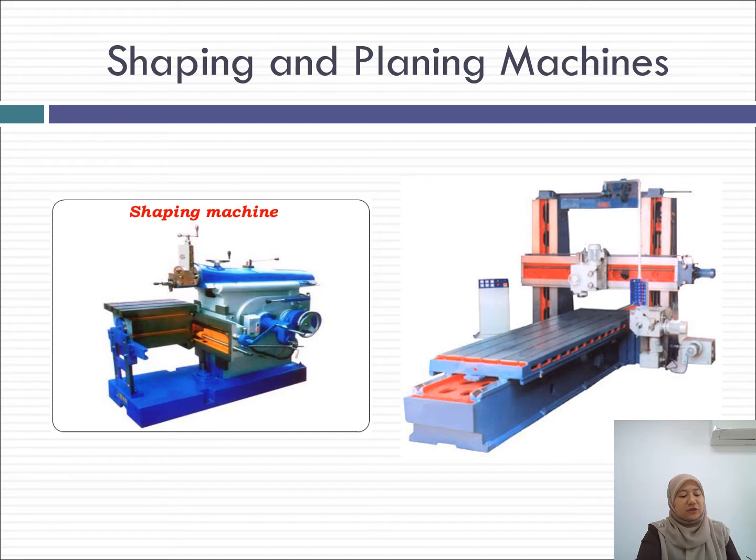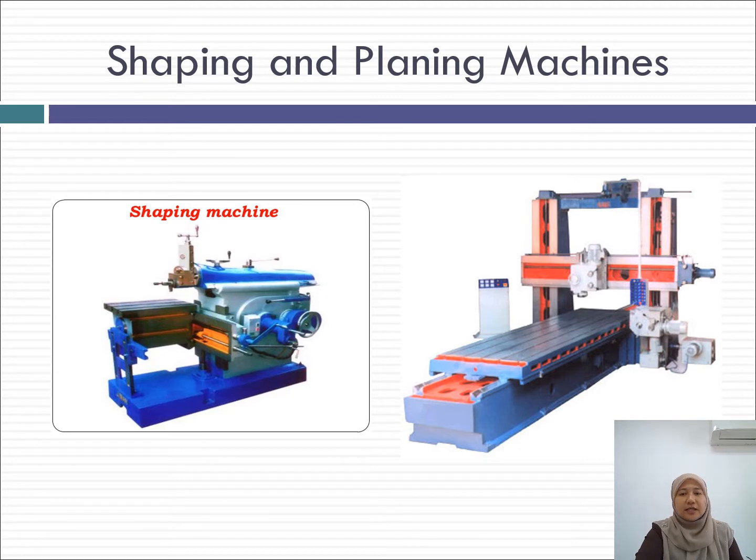The drive mechanism for the ram can be either hydraulic or mechanical. Hydraulic drive has greater flexibility in adjusting the stroke length and more uniform speed during the forward stroke, but it is more expensive than a mechanical drive unit. Both mechanical and hydraulic drives are designed to achieve higher speeds on the return, or non-cutting, stroke. So when it returns back to initiate the new stroke, and then on the forward stroke during the cutting process, thereby increasing the proportion of time spent during cutting operations.